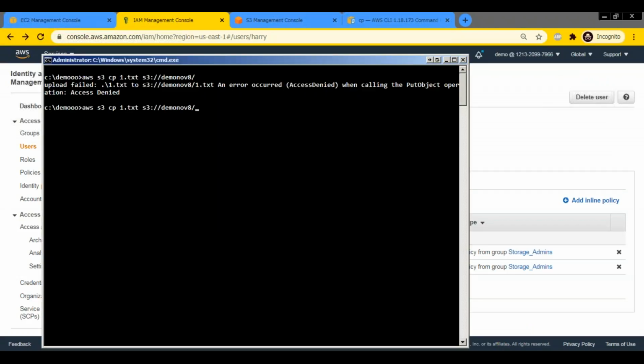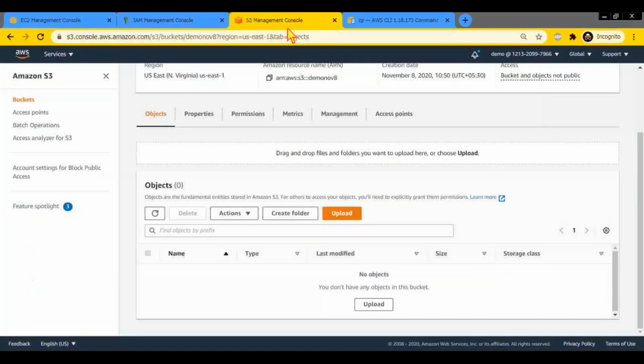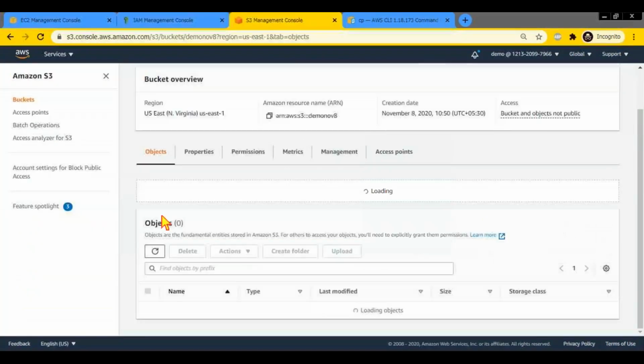Now if I try to run the command, what will happen? It said upload. You didn't get an error, right? It returned some value. It uploaded 1.txt from the current folder to S3, using the same name. Now if I go to S3 and refresh over here, you will see 1.txt.